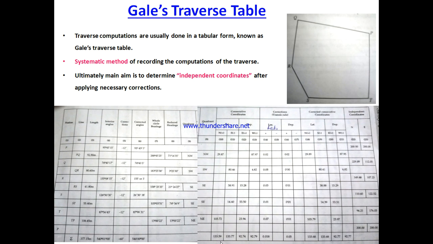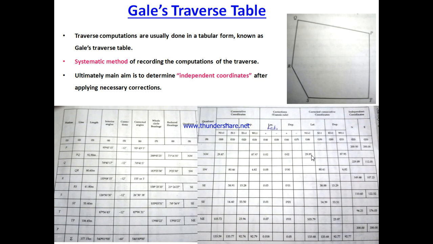Now, since in this particular case the value of error which we have calculated is coming as negative, here you can see the algebraic sum is coming negative, here also the algebraic sum is coming negative. So we can take all the corrections as positive. Now these are the corrections, so make the correction.